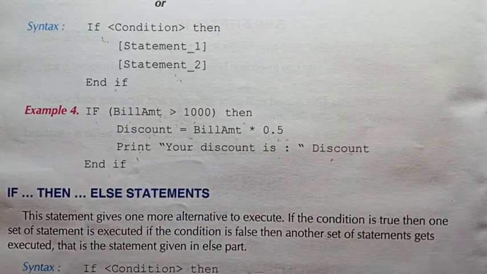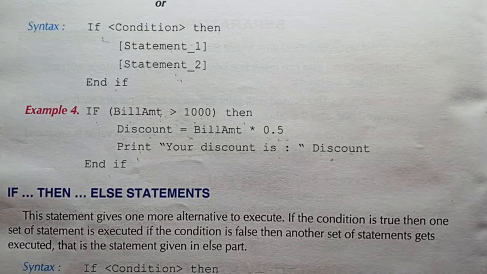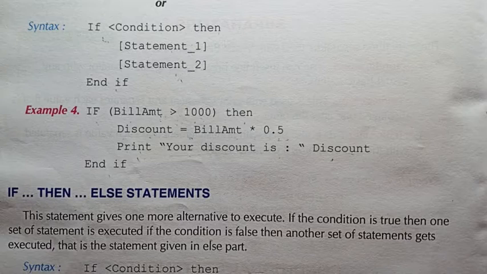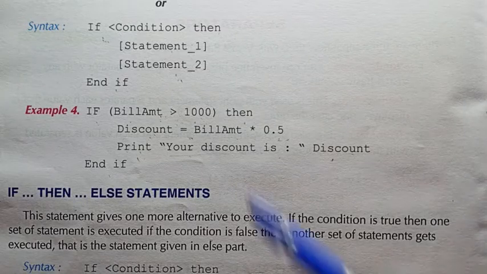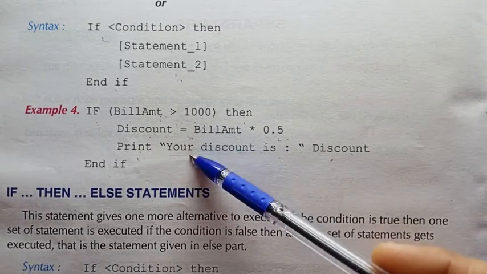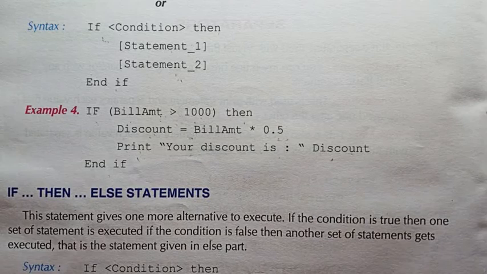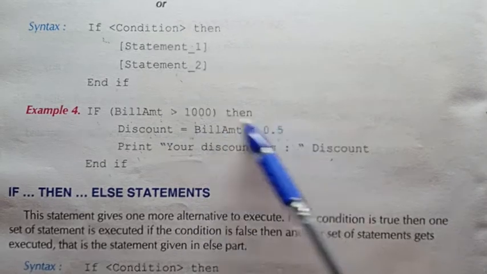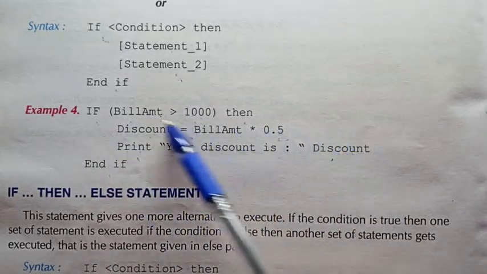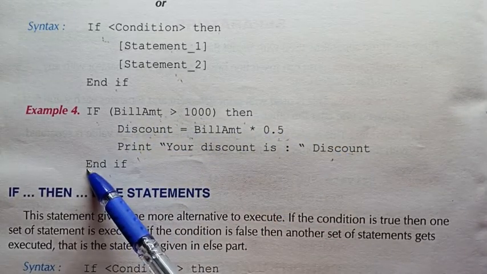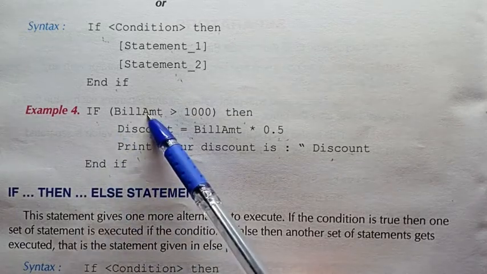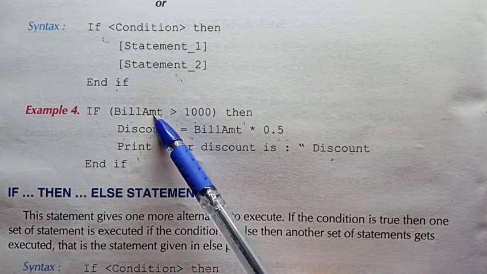So we saw that whether we are using the one statement or the two statements, the if condition is finding whether the condition given by you is true, then it will execute all the statements that are given by you. But if the condition is false, it will terminate. Terminate means that it will not go for these steps, rather it will come to the end if straight away. This is the condition that we are checking.